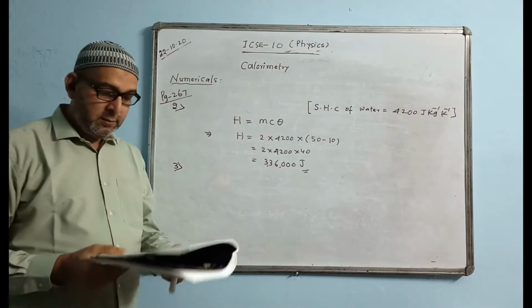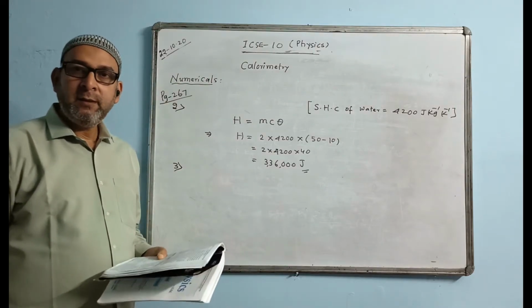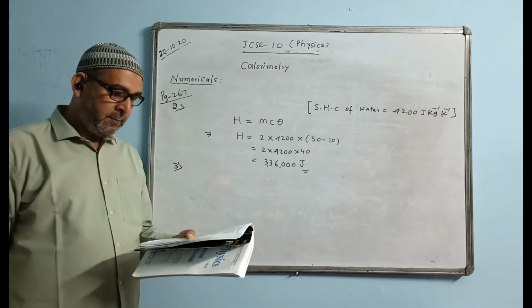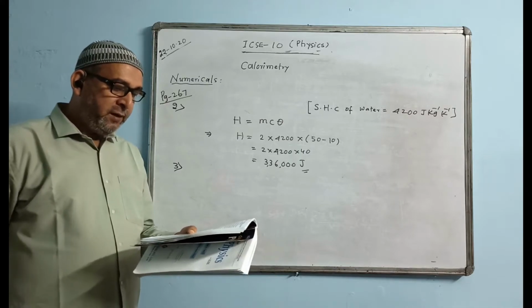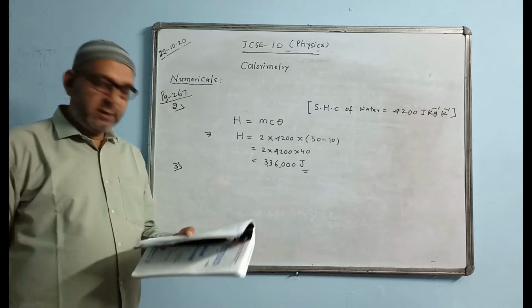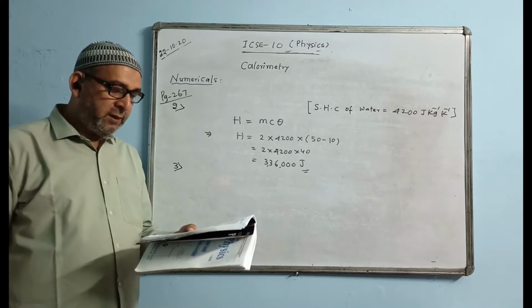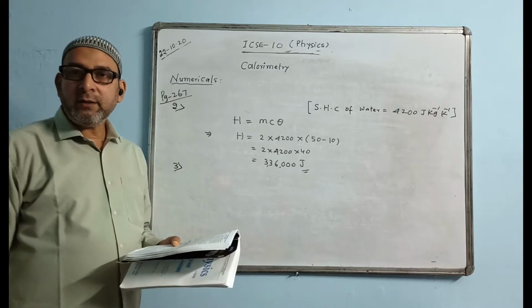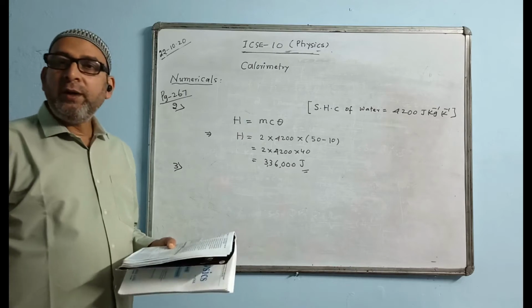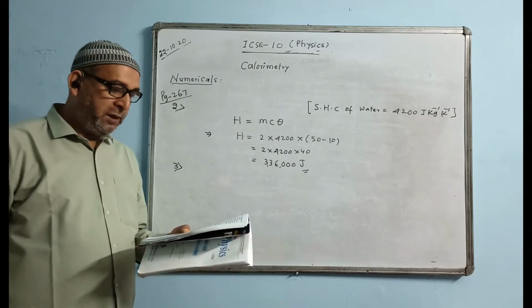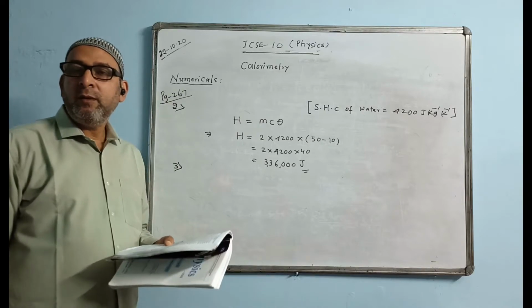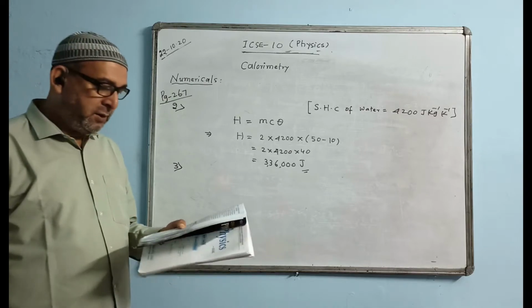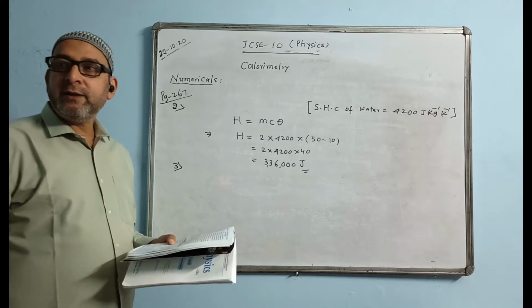Question says a metal piece of mass 50 gram at 27 degrees Celsius requires 2400 joule of heat energy